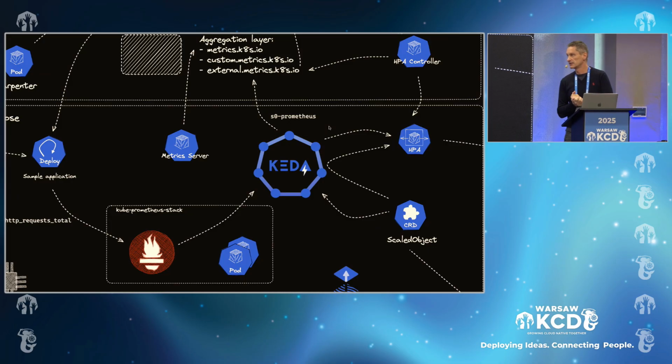What that means is that it is able to look at events through some sources. These sources can be anywhere within the cluster or outside the cluster. We will be using Prometheus metrics today, but it is useful to know that KEDA can source metrics from external sources.